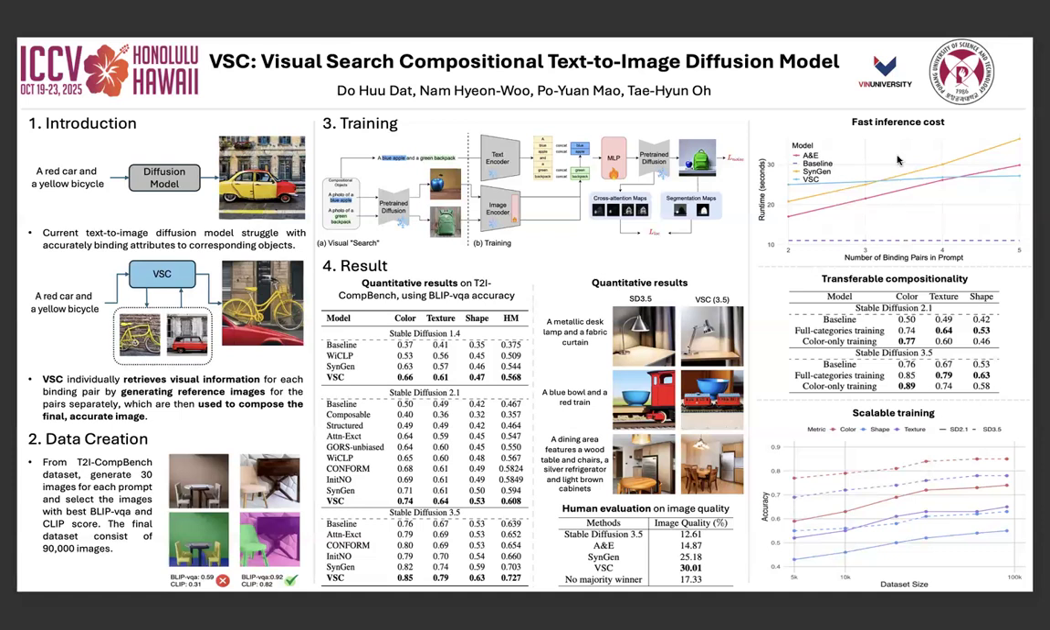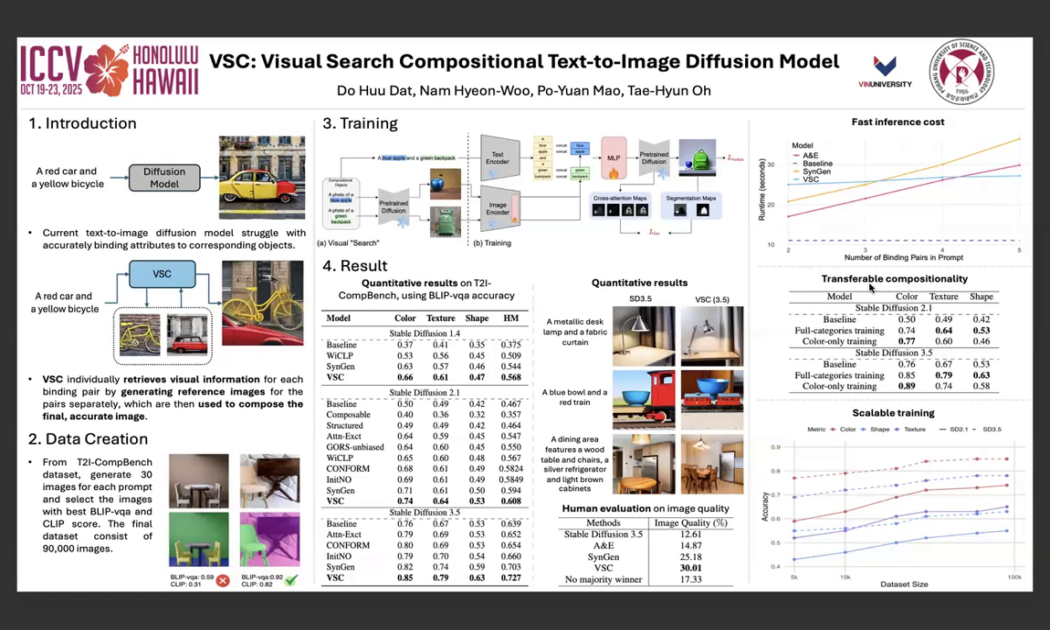Finally, we observe some amazing properties that VSC has. First of all, as the number of binding pairs in the prompt grows, most of the prior work, which do inference optimization, have runtime that increases linearly with the number of pairs. Because we generate the reference images in parallel, our inference cost is quite stable. As we grow, VSC will be faster and remain accurate. Secondly,